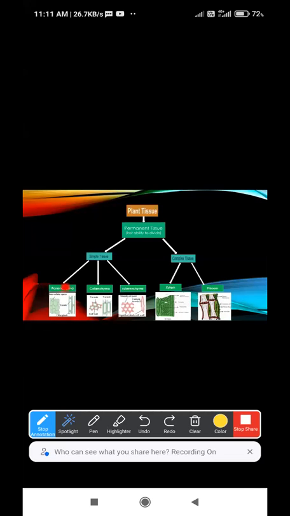Then the third tissue type that we have studied in simple tissue is sclerenchyma. Sclerenchyma is also known as dead tissue or plant fibers. They lack cytoplasm. They are elongated but tapering at both the ends, so they are spindle shaped, and they also have thick walls with deposition of lignin on them. Because of the lignin, they get the brownish color that we can see on the stem.